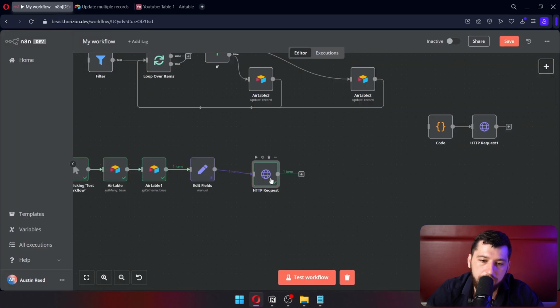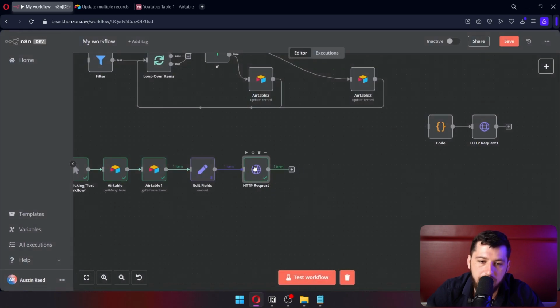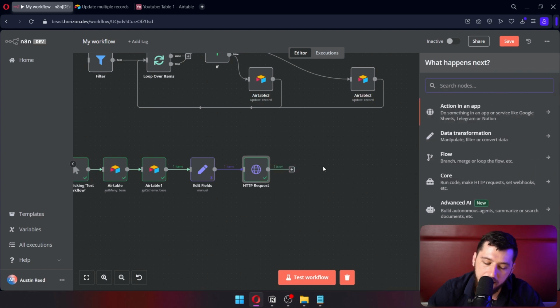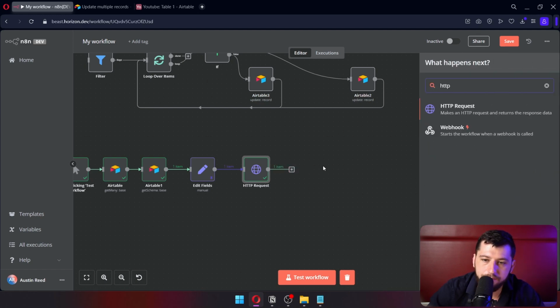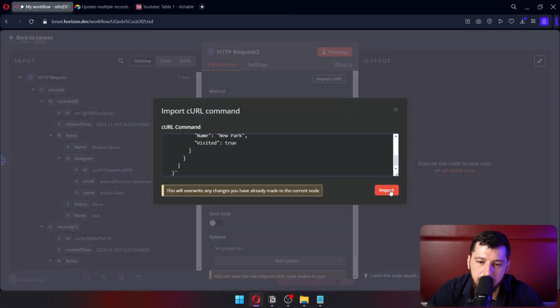We'll go back to our workflow. I detached a couple of nodes here. This node right here, it's just grabbing all the records from the table, if you guys remember, okay? And we're going to add another one. It's an HTTP node. All right. And we're going to import curl. Paste it in, click import,